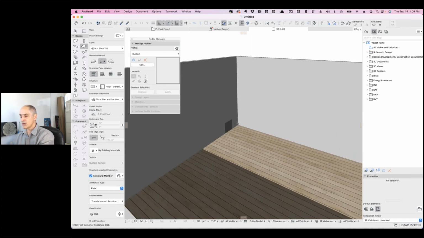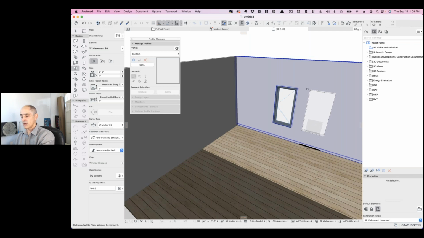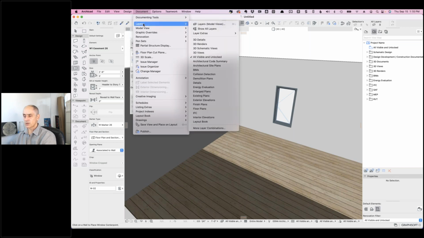We will never see a reflection if we were to put in, let's say, a window here. We'll never see a reflection of that window in the ArchiCAD 3D window. Now, if we have certain lights, if we do some lighting, we might see some more differentiation here between the shadow and the light. But let's look at what we have within ArchiCAD to make something reflective, and that would be under the document menu, and it would be under